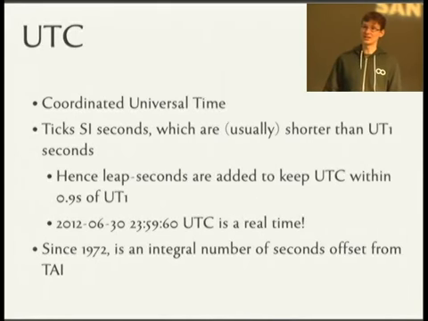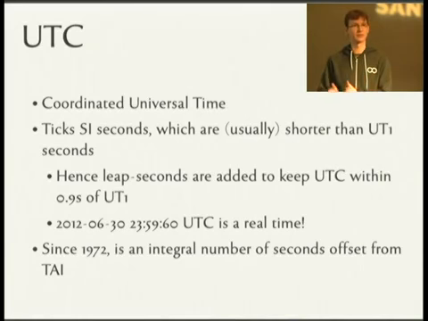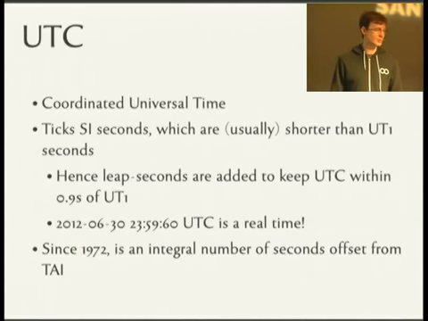Which brings us to UTC, which ticks these SI seconds, so each second is a very reliable length of time. It would drift with TAI, which is what TAI does, except that we insert leap seconds, so that at UTC noon, the sun is plus or minus 0.9 seconds directly overhead. And because of leap seconds, we can get times like 11:59 p.m. and 60 seconds. It's actually a timestamp that can exist, and that is one that will exist.